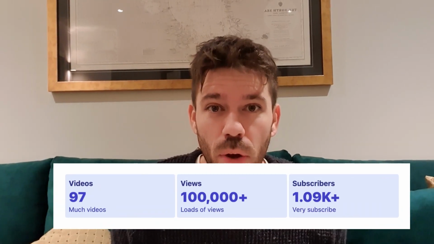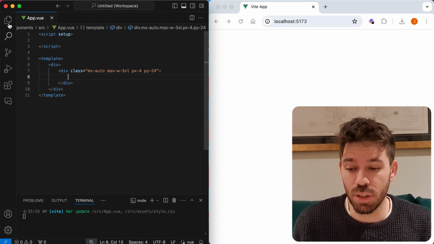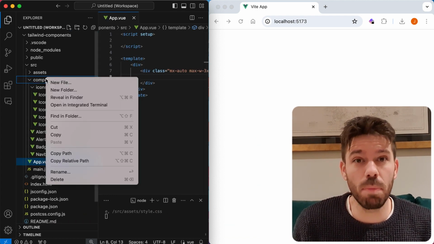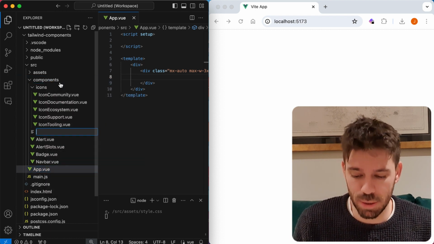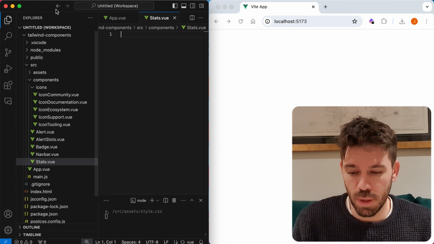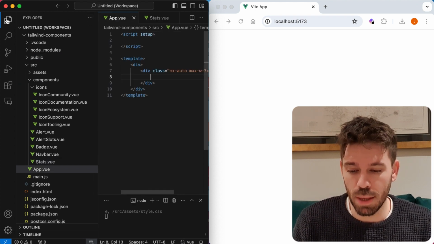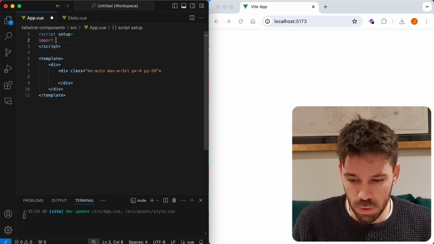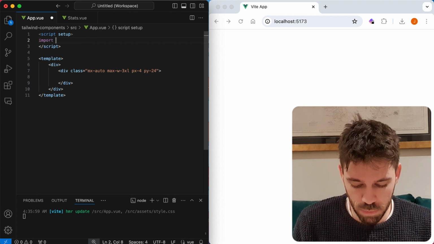Creating a stats component in Vue JS using Tailwind CSS. Really easy to do. We've got our Vue project. The first thing we need to do is create a new component. We're going to call it Stats.vue. And now we're just going to import that into our parent component, which is the app.vue file